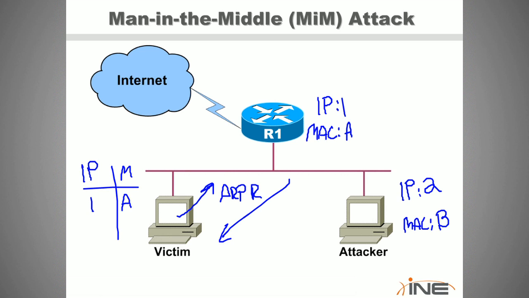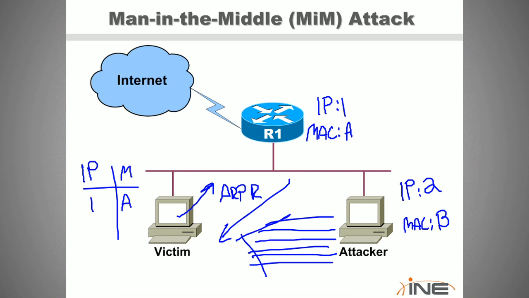So once that request and reply happens, now the attacker starts sending tons and tons of replies. These are the gratuitous ARPs, or the unsolicited ARP replies. And in that reply, the attacker says IP address 1 is actually MAC address B. So we're not trying to change what is the layer 3 destination or anything to do with the IP address. The attacker is just trying to get the victim to misassociate the default gateway's IP address with its own MAC